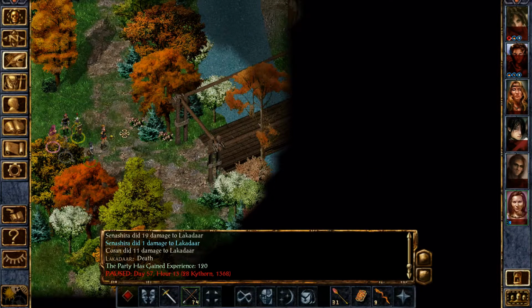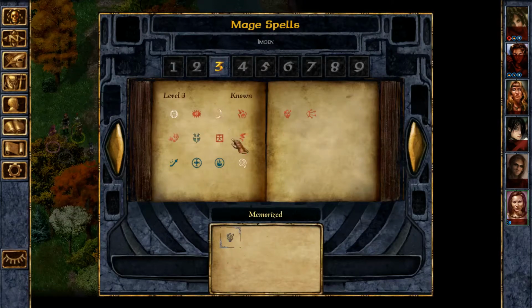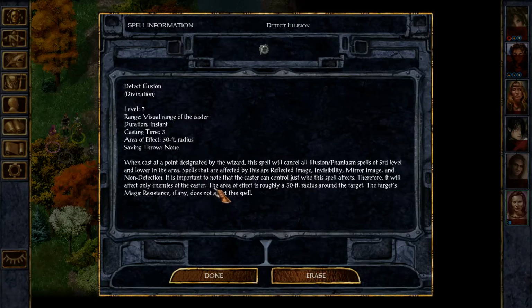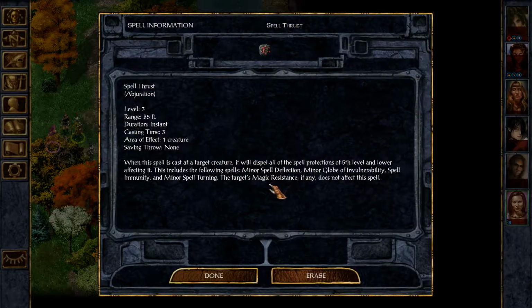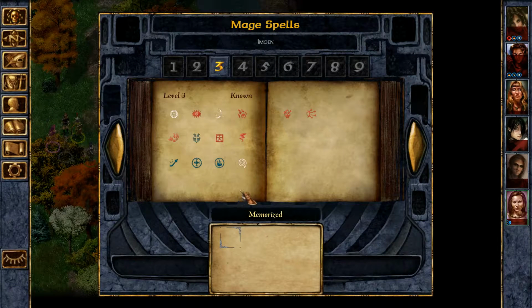Alright, now. I think what I'm going to memorize with Imoen is Detect Illusion for this fight. It has a pretty quick casting time, and we can quickly dispel mirror images with this. And I don't think we're going to use spells against these mages, because they're surely going to be pre-buffed by like Minor Globe and everything like that, and there's going to be two of them. So I could go with Spell Thrust, but they're probably going to have like improved invisibility on them and stuff like that. So I think what I'm going to do is just dispel their mirror images and try to use my